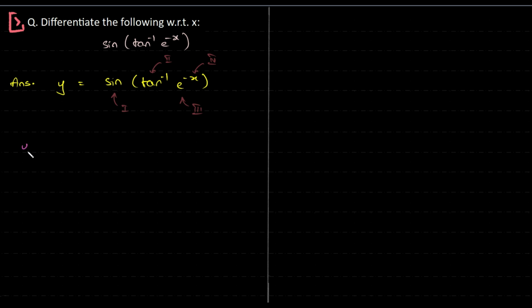Now we have y prime is equal to cos, right? Differentiation of sine is cos, tan inverse of e to the power of minus x, and we're going to differentiate the next set of expression, that is tan inverse of e to the power of minus x. Next, differentiation of